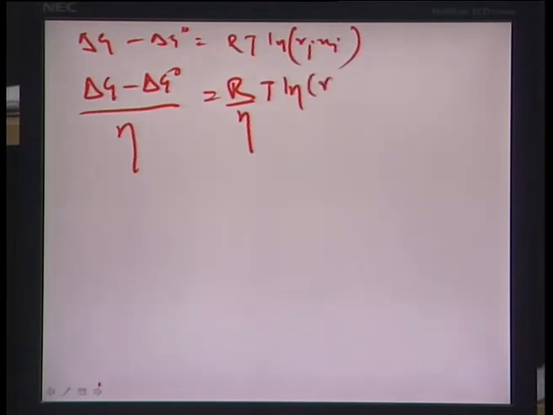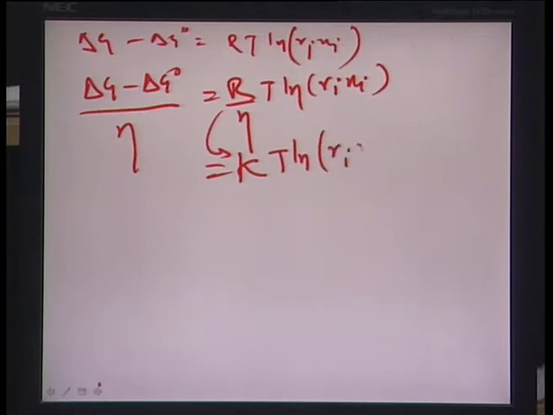So, R by n as we know is nothing but the Boltzmann constant k, k is R by n, the gas constant per mole of charge that is transferred,